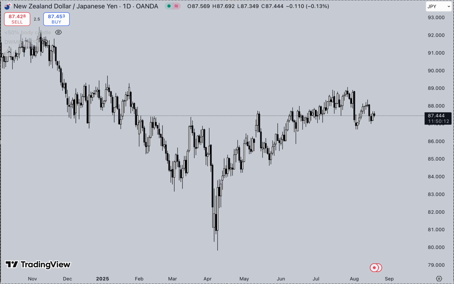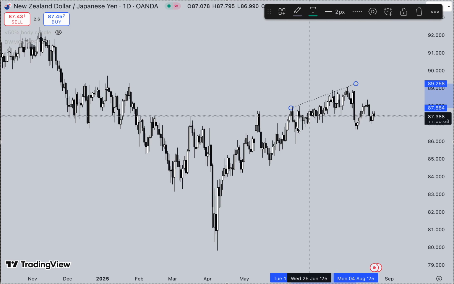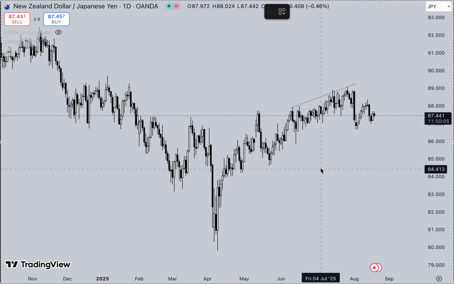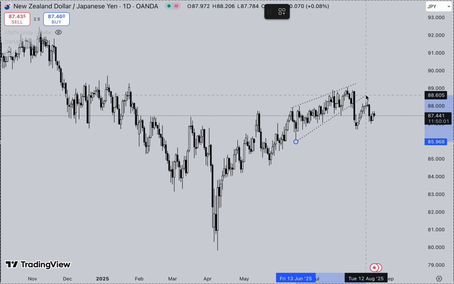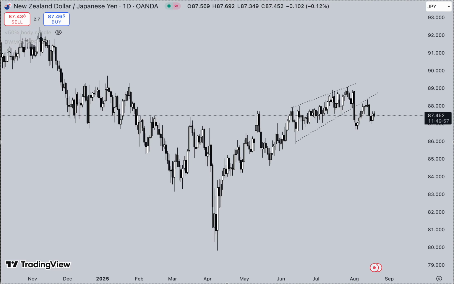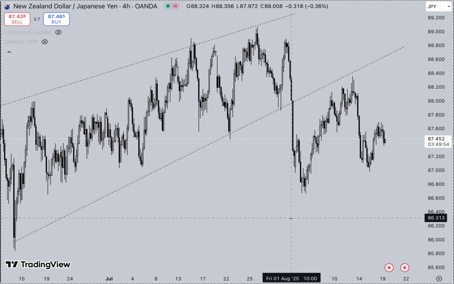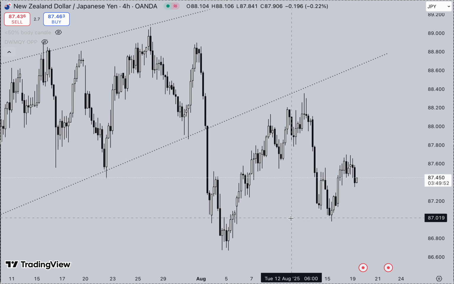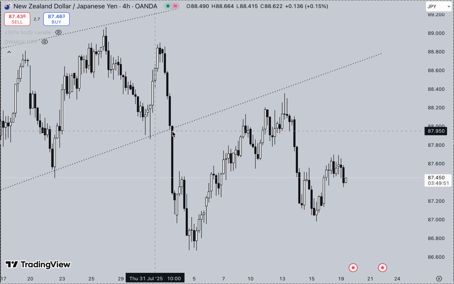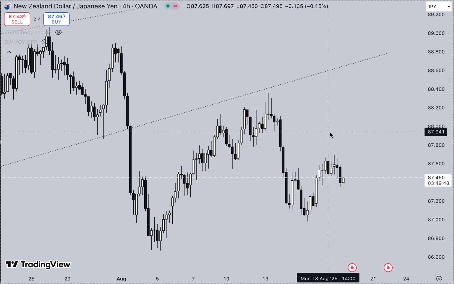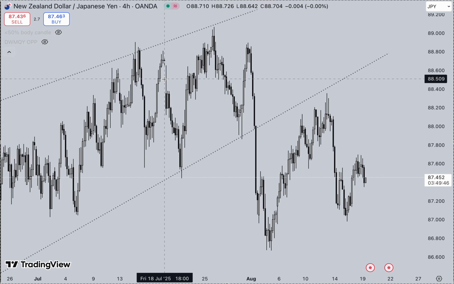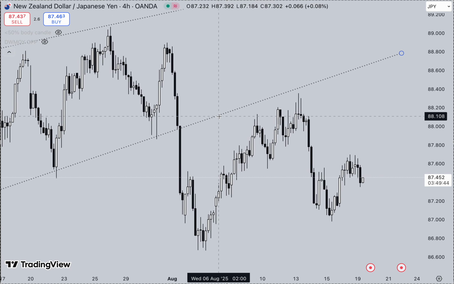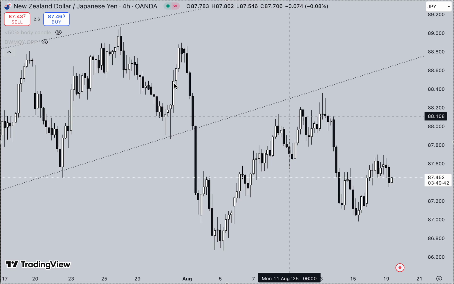Similar market structure, because they move alike in a sense. So NZD and AUD are very similar pairs. You can see it. The thing with NZD is it's not as clean as AUD. Why? Because if you see this, so we came into,